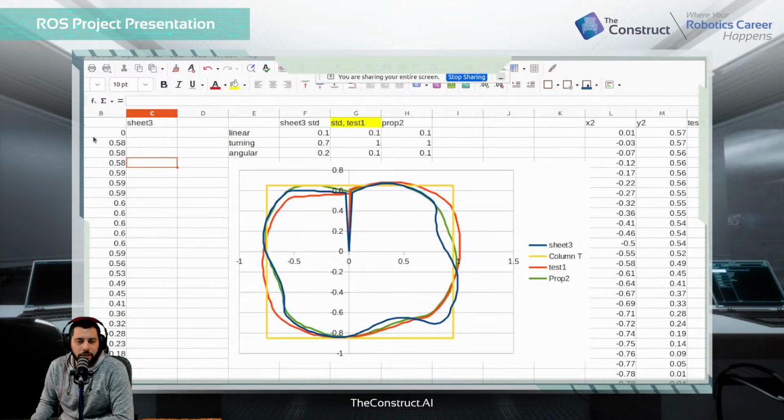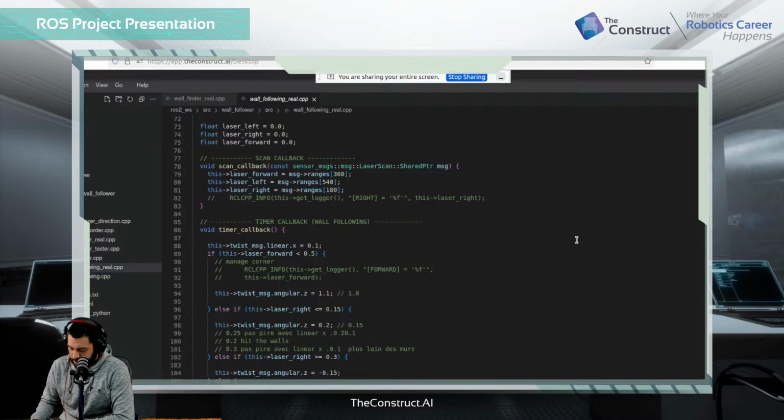Basically, I logged and tried a few parameters and found which one was behaving the best. That's awesome. Great. And then on that note, there's a question, which is